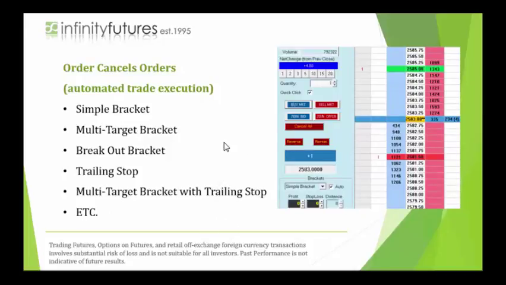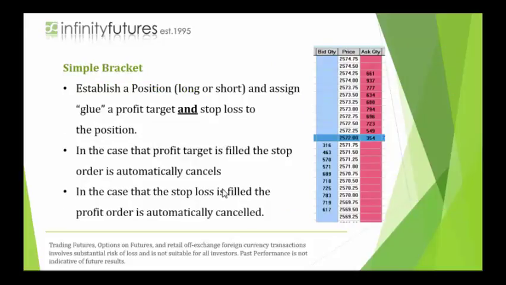Order cancels order refers to automating a trade. And it's providing the software with if-then instructions on what to do if certain circumstances are realized. And there's simple brackets, there's multi-target brackets, there's breakout brackets, trailing stop, multi-target bracket with trailing stops, and there's a couple other ones. These are examples or categories of OCOs. Let's take a look at a simple bracket trade idea,